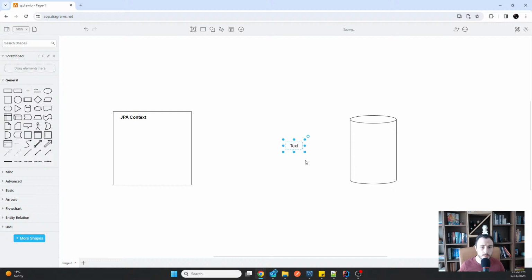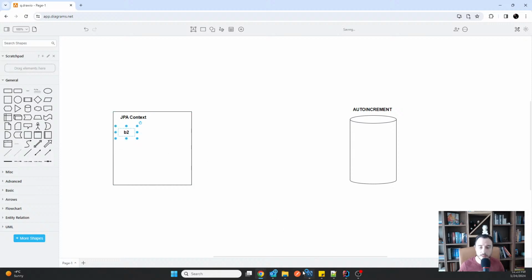We created a book and we called it B2. When we persisted the book, it went into the context because that's what the persist operation does. But there is a trick here. We have configured our database to use auto increment. And because it uses auto increment, when I persisted the book, it doesn't have an ID yet.